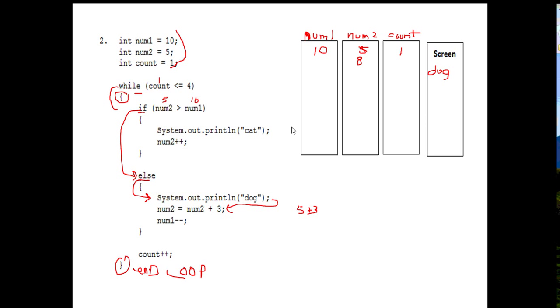The next line down after this one, because we don't skip lines, we don't go straight up, is num1, and we're going to decrement it. num1 is now 10, so it's going to decrement by 1, it becomes 9. The next line is the ending for the else. So now we're done with the if-else structure, and we come out of here and go to the next